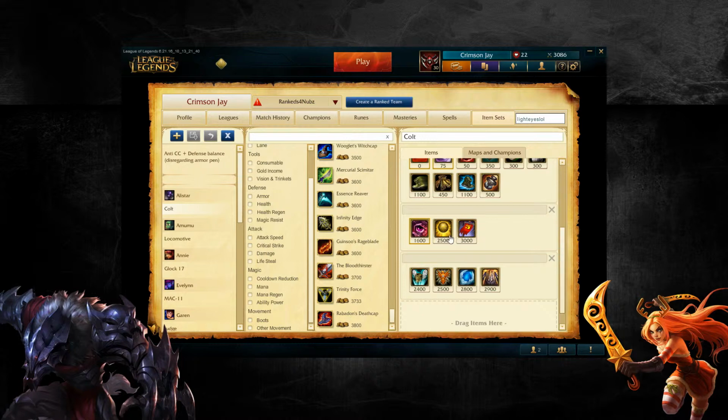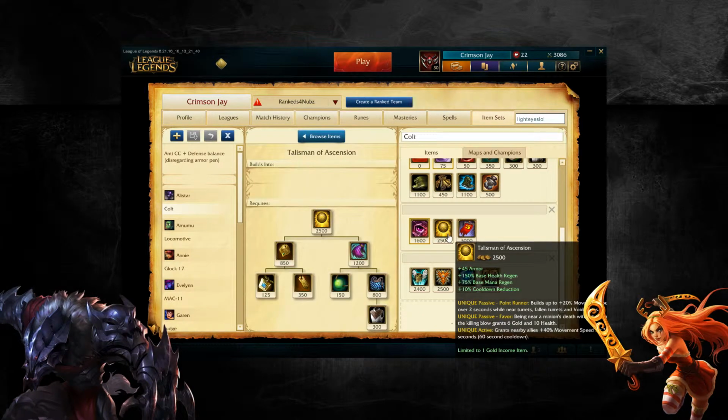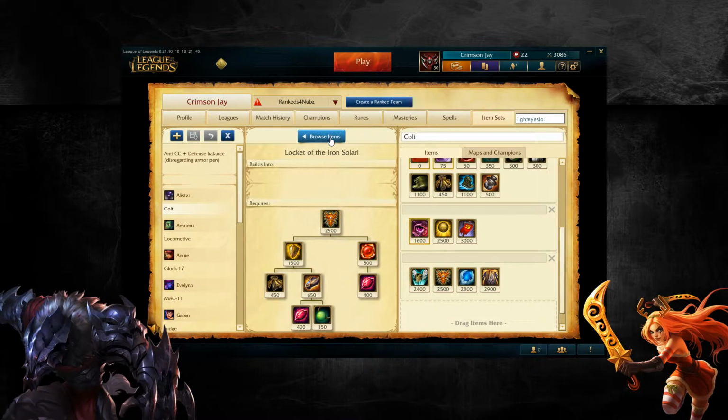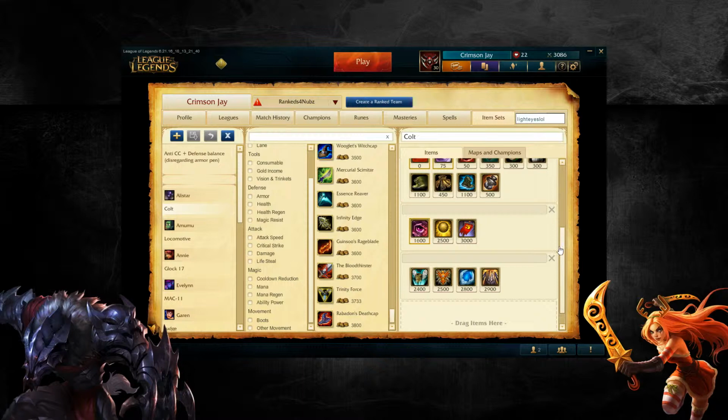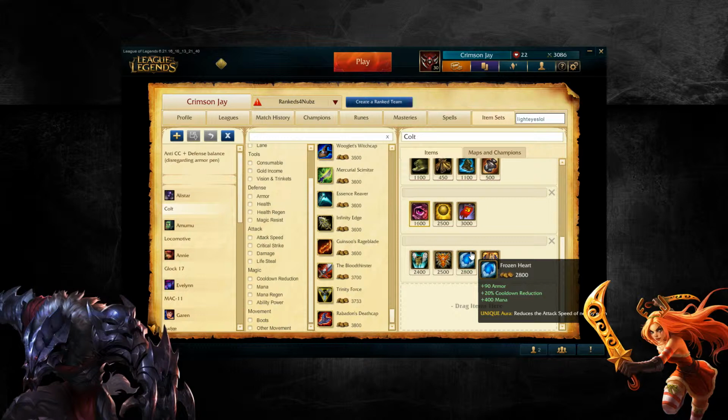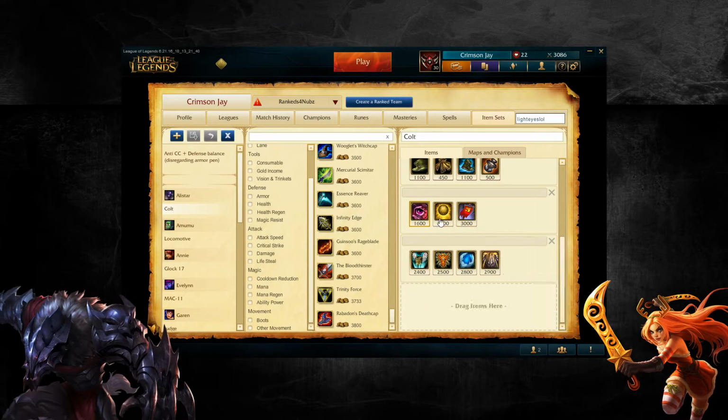Regardless of how I choose to do my build, I always get Talisman sooner or later, and I always get Aegis sooner or later. It's really just a question of time. Now, those two items combined gives me 20% CDR, and I almost always get Frozen Heart later on as well. I mean, not just to get the CDR, but the CDR is nice, so you get a capped CDR, and you also get the attack speed reduction, so